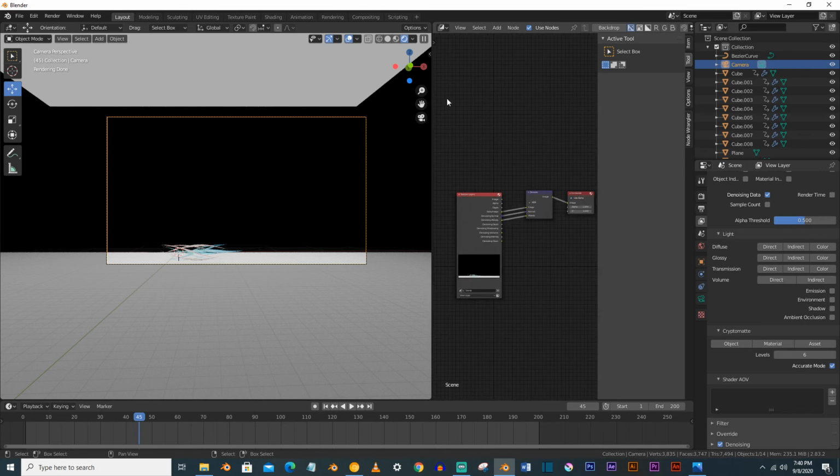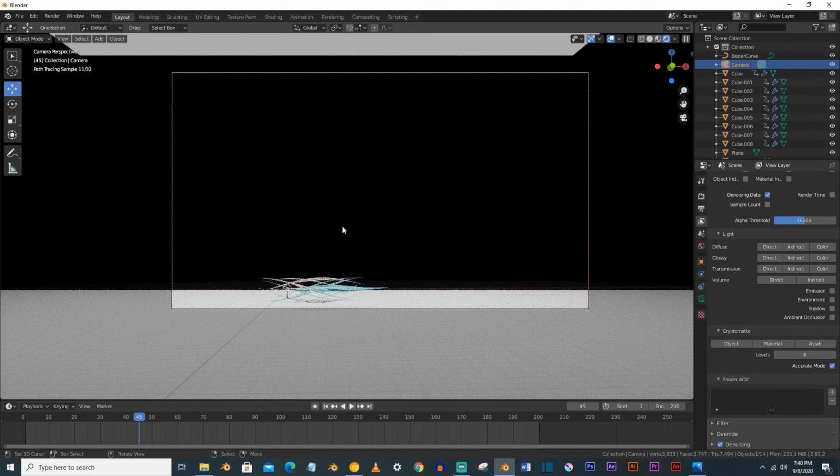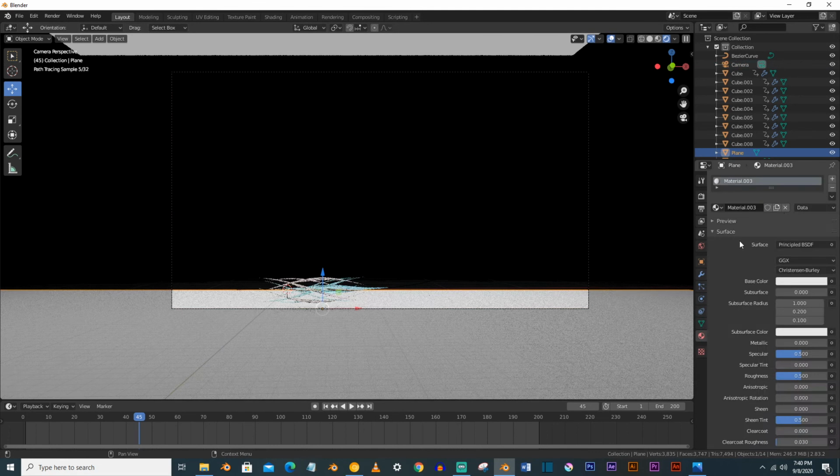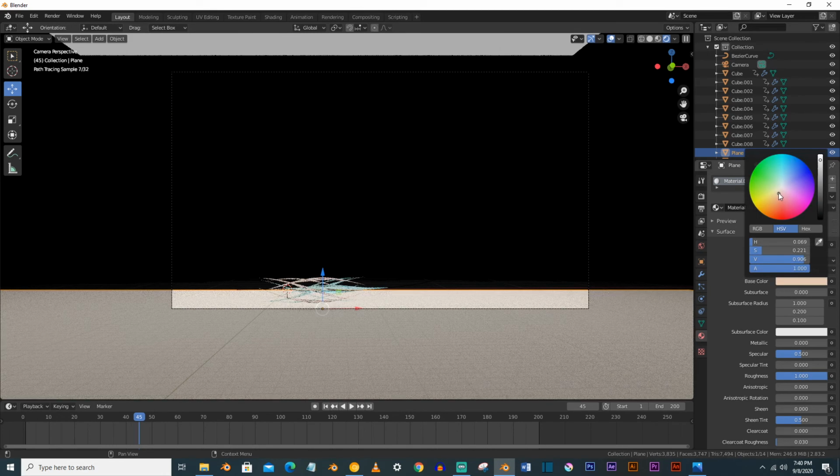So this will make our render very clear, and we are ready to go now. You can also give color to the ground. So we will make it full rough and just make it any color which you like.